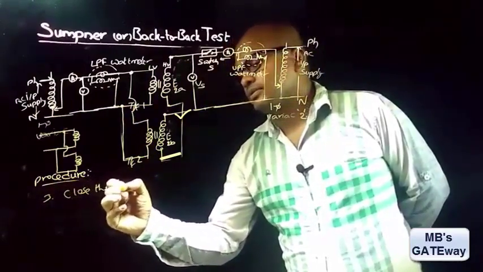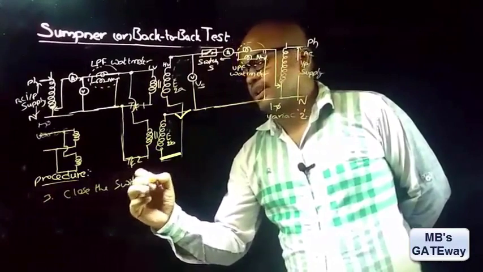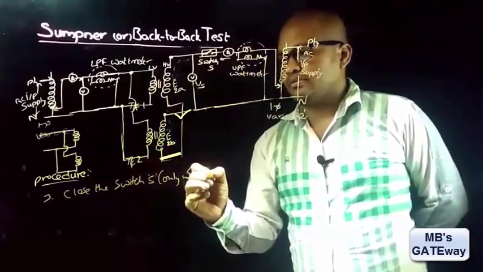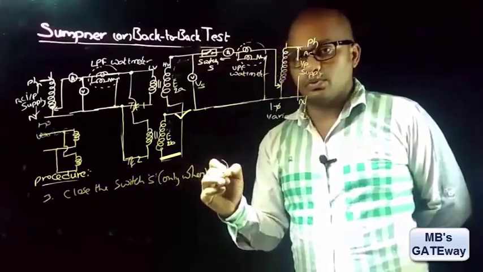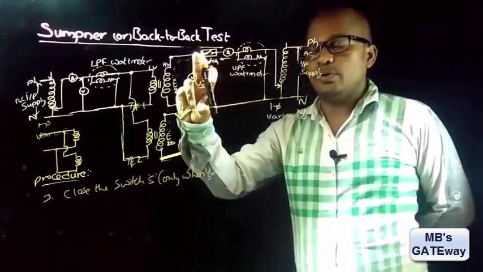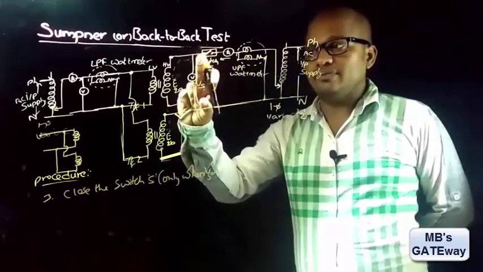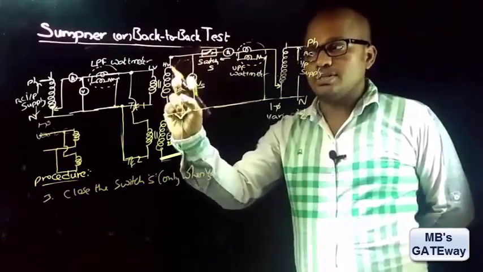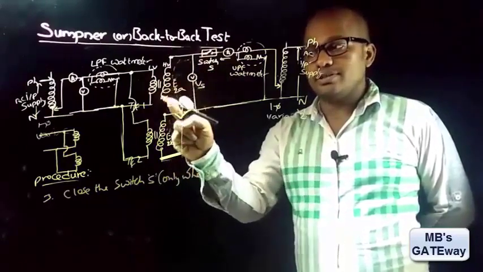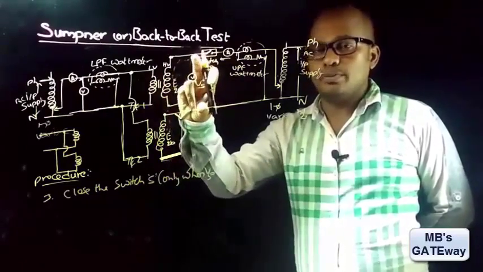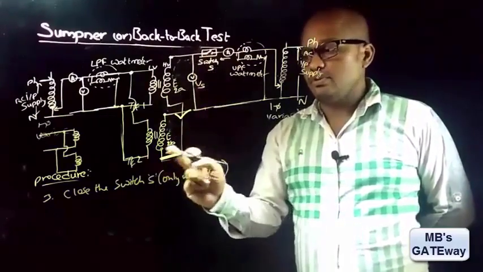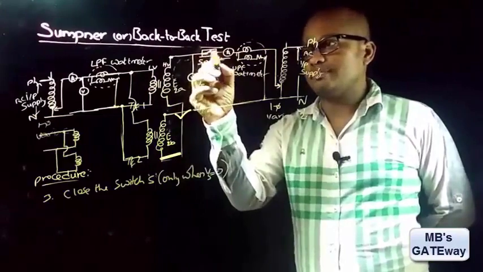close the switch S only when Vs reads 0. That is, you must close this switch only if the voltmeter reads 0. If it doesn't read 0, it indicates that these two are not in phase opposition. So we must interchange the terminals such that voltmeter Vs reads 0, and once this reads 0, you must close the switches. And now